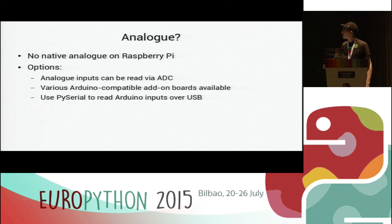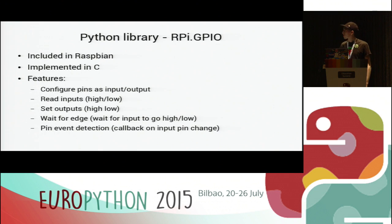Analog, so there's no native analog pins on there. They're all digital pins, so 1s and 0s. But there are options if you want to use analog inputs with Raspberry Pi. So you can use an ADC to convert analog into digital. There's various Arduino-compatible add-on boards available. And there's also PySerial, the Python module, for reading Arduino pins over USB. So let's have a look at the